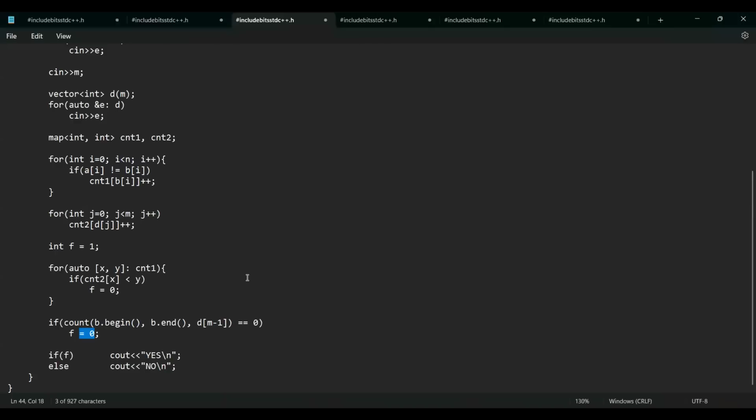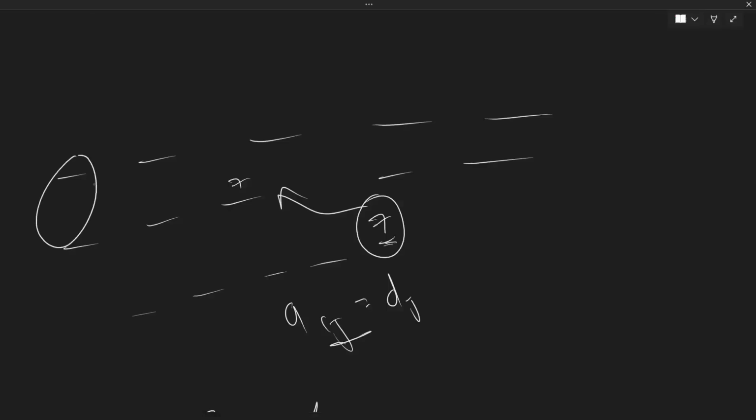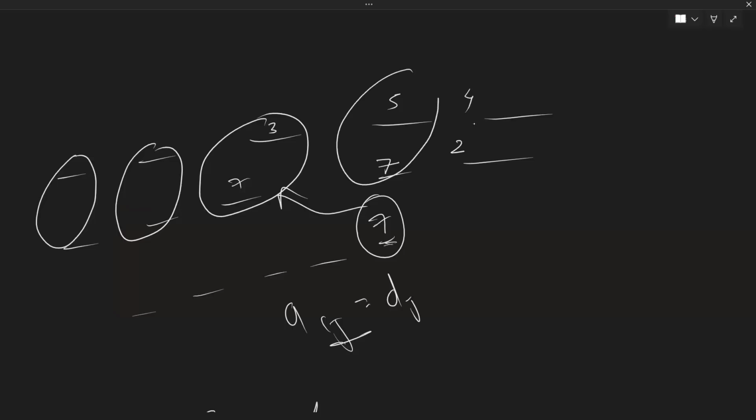मेरी जितनी भी जगहों पे, कुछ कुछ जगह पे तो वैल्यू सेम आ गई, उन्हें मुझे छेड़ने की जरूरत नहीं है। कुछ कुछ जगहों पे वैल्यू सेम नहीं आई है, यहाँ पे 3 है मुझे 7 चाहिए, यहाँ पे 5 है पर मुझे 7 चाहिए, यहाँ पे 4 है और मुझे 2 चाहिए। तो मैं ऐसी जगहों पे काउंट कर लेता हूँ कि मुझे ऐसी जगहों पे 7 कितनी बार चाहिए, 2 कितनी बार चाहिए, मतलब बाकी जगहों पे भी कितने एलिमेंट्स कितनी बार चाहिए। अब मुझे ये चेक करना पड़ेगा कि 7 मुझे 2 बार चाहिए, तो